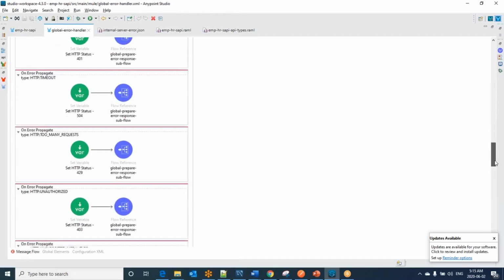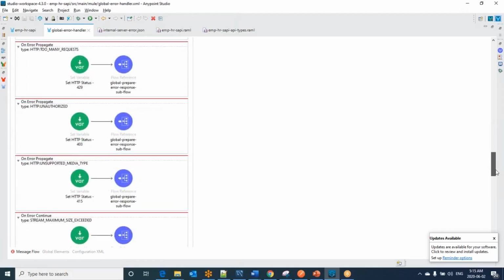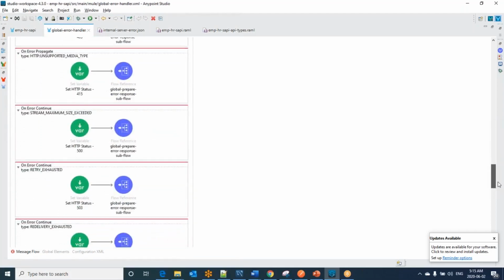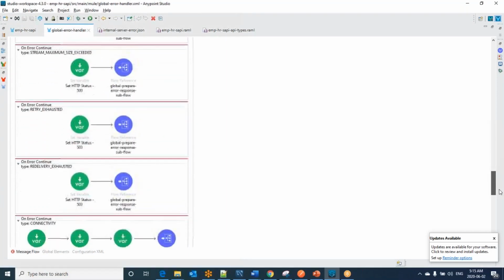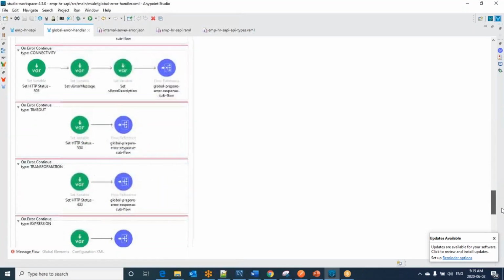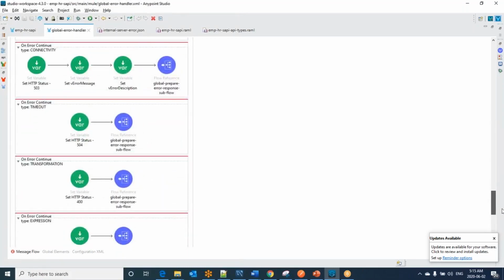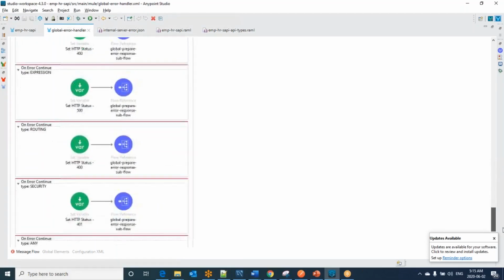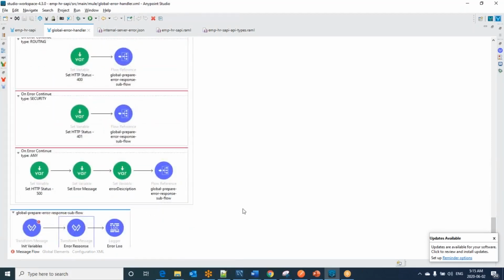In a similar way, HTTP timeout, HTTP too many requests, HTTP unauthorized, HTTP unsupported media type, stream maximum size exceeded, retry exhausted, redelivery exhausted, and connectivity timeout. And if any error happens over the transformation, or with respect to the expression, or at the routing or at security, in the end, any, nothing but global one, 500. So this way we develop a global error handler in real time.